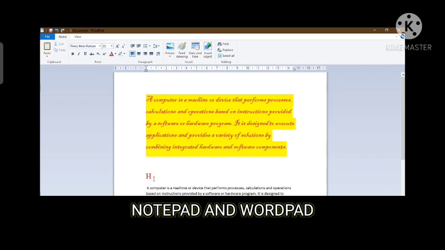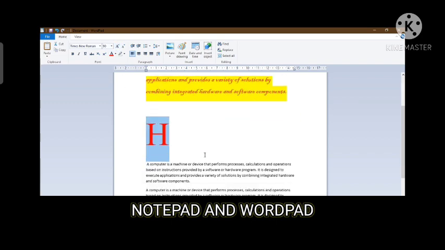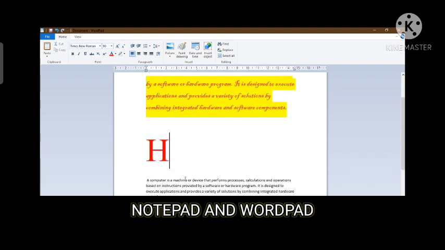That means the background highlight will go off. That we have done right now. After selecting this one, you can click on this, it will enlarge in size. But if you click directly on enlarge size, then it will not enlarge because you have not selected. So first of all, selection is very necessary.